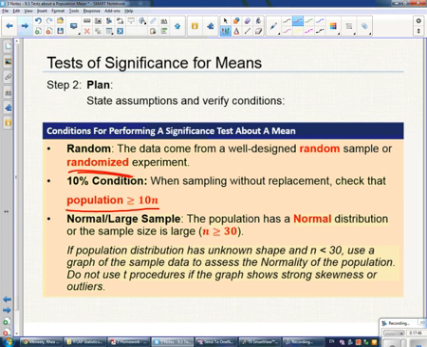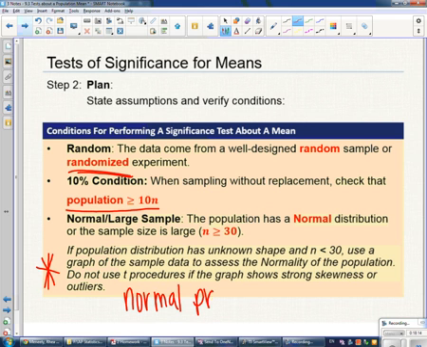But you'll note that in some of the problems that you're going to see from this point on, sometimes we're given small data sets and we're not told the shape of the distribution. So from this point on, if you are given data and you are not told the shape of the population, you must plot the data. You can do a box and whisker plot, you can do a histogram. I would suggest doing a normal probability plot